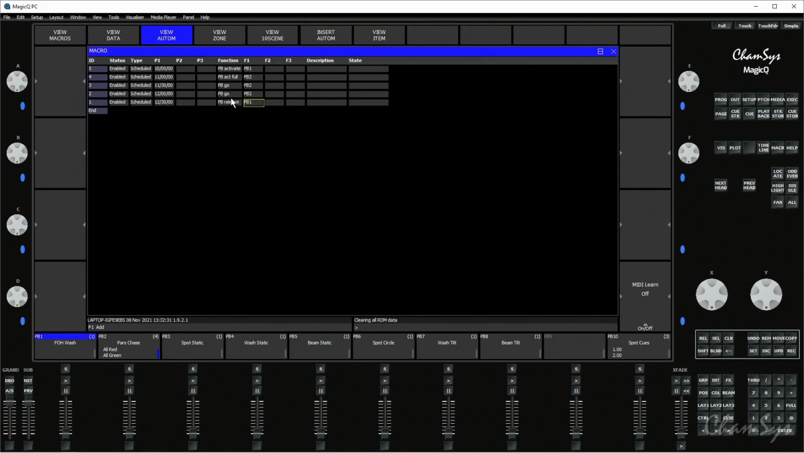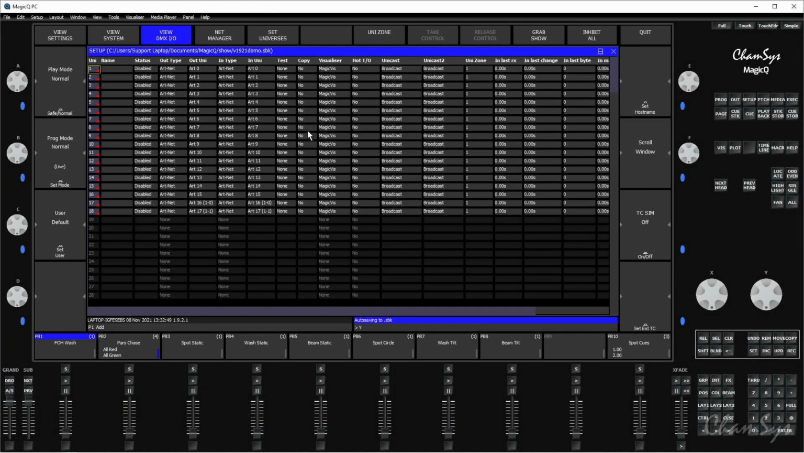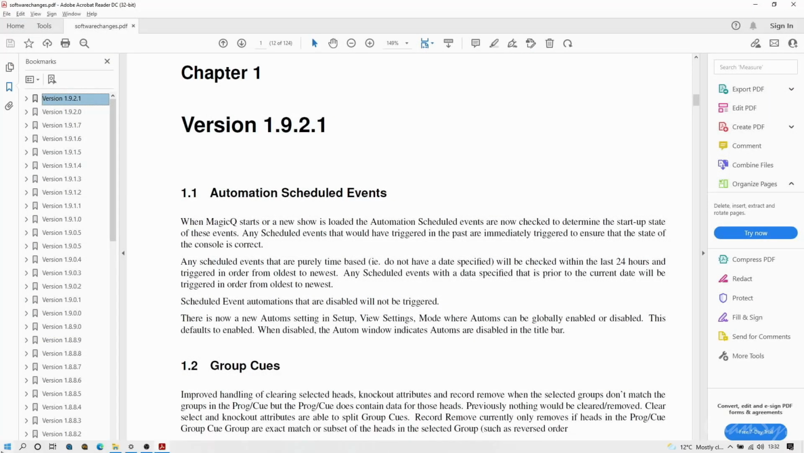Now it's worth noting here, my system time at the moment is just after 1:30 or 13:30. What we've added now is the ability that when MagicQ starts or you load a show in, it checks through all the automations and will activate what should be active at the current time on your system. So if I close MagicQ down on my system here, and then I restart MagicQ again,